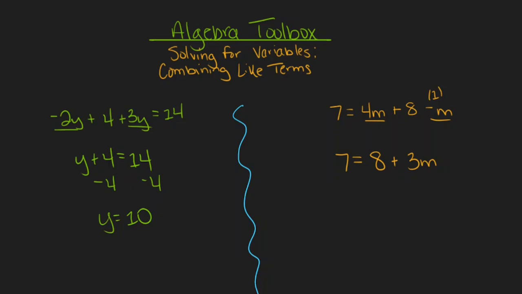All right, so now that I have m in just one location, I can go ahead and use SADMEP to solve normally. I see two relationships between m and other numbers on the same side of the equal sign. I have an addition relationship with 8 and a multiplication relationship with 3. SADMEP tells me to break subtraction and addition first. So I will undo this relationship with 8 by subtracting 8 from both sides. And I knew to subtract 8 not necessarily because of the addition between 8 and m, but because of the fact that we were dealing with a positive 8 in our original equation. So I subtract